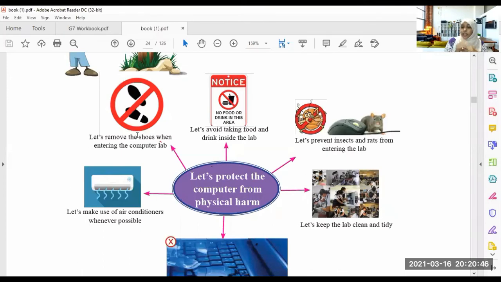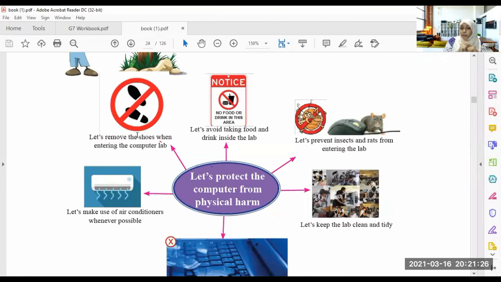Inside your computer, the devices are connected with tiny little wires. These ants can eat these wires. If any short happens inside the computer, then your computer will be damaged. For that, don't ever take food and drink inside your computer laboratory. Drinks, whatever the drink, liquid, it can be water, it can be milk, whatever. Don't take. Because there are some students who take water bottles when they are entering the computer lab. It is wrong. Don't take water bottles inside your computer laboratory.